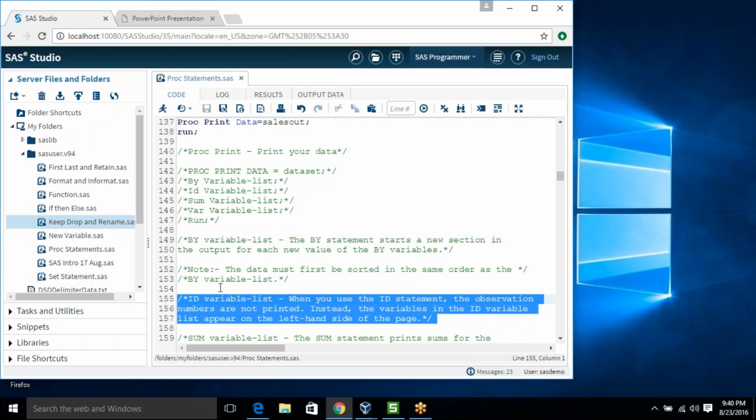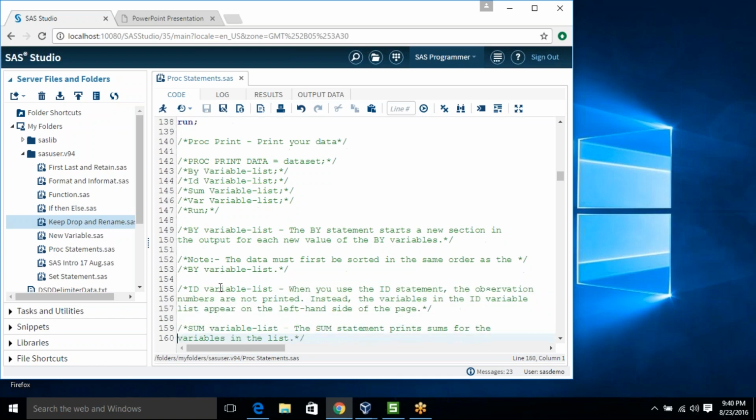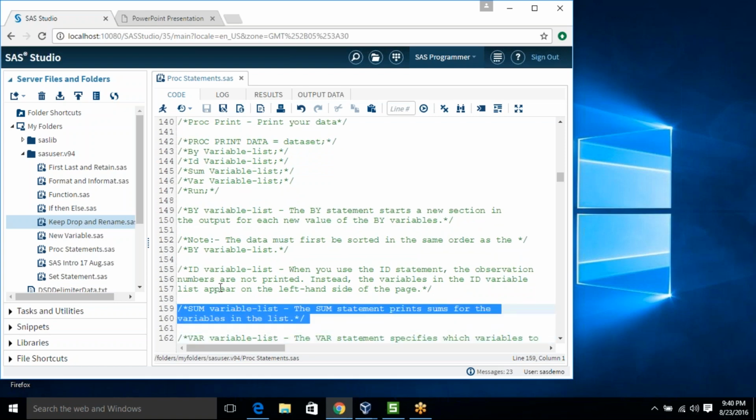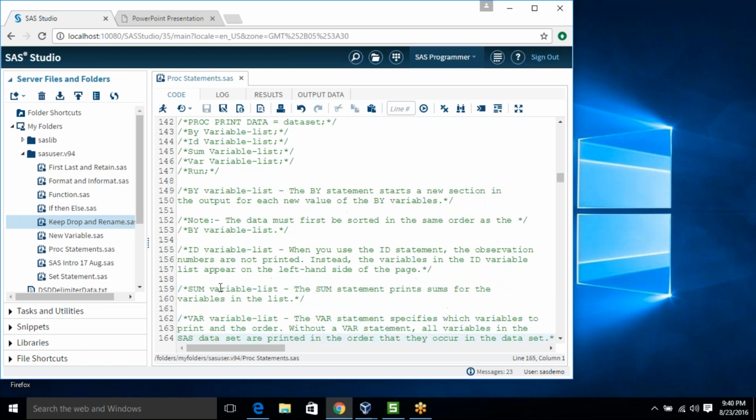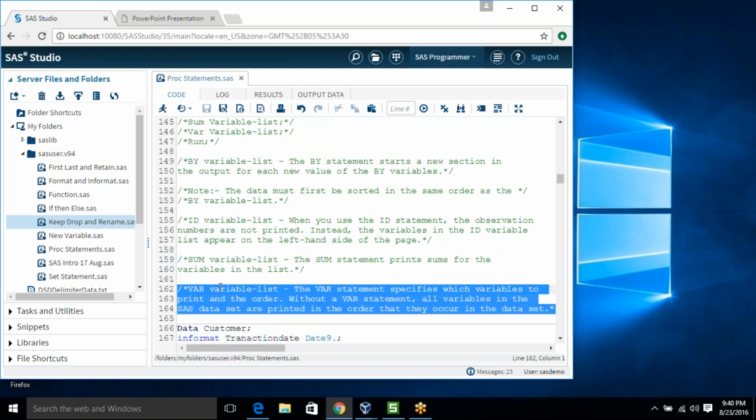Okay, sum will just give the sum of the variables which you mentioned in your sum statement, and var basically specifies which variables you want to print and in what order. Without it, it will take all the variables of your data set in the order they come in your data set.